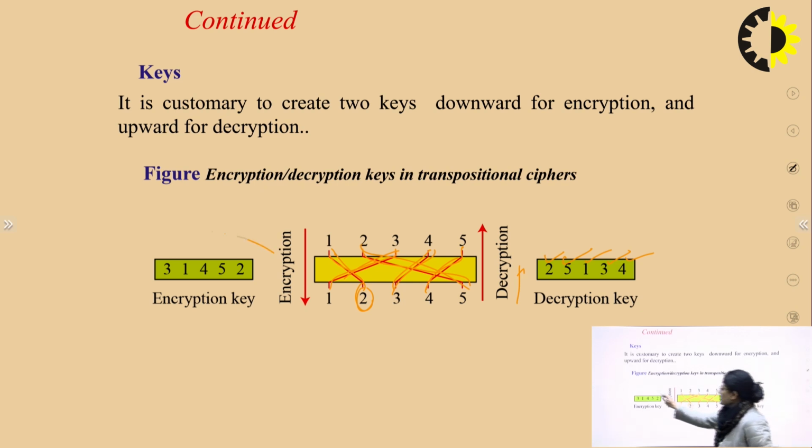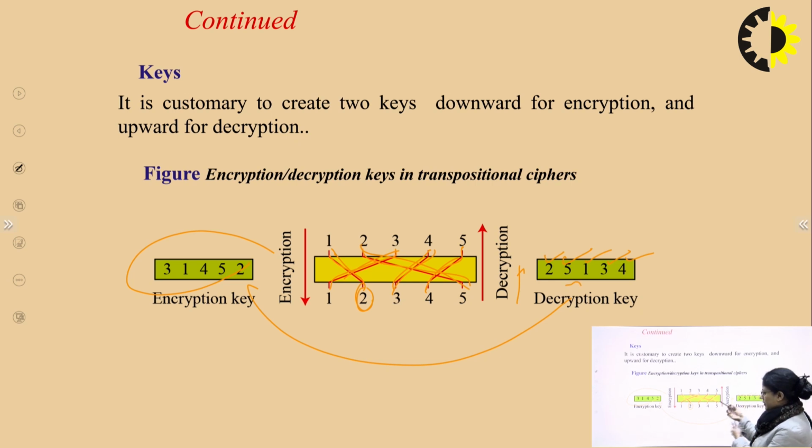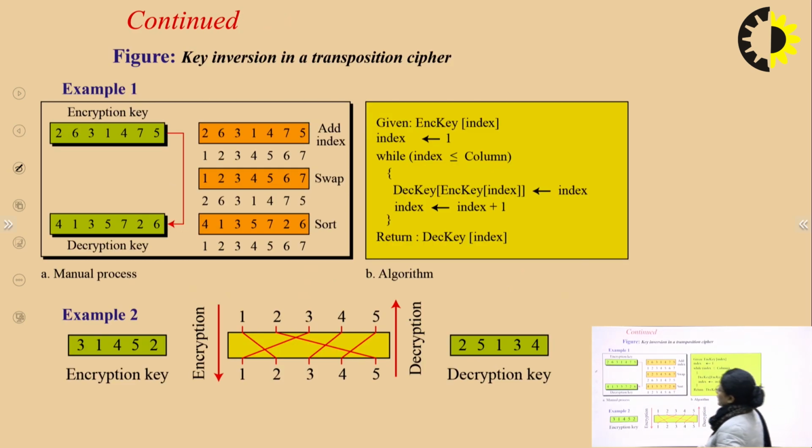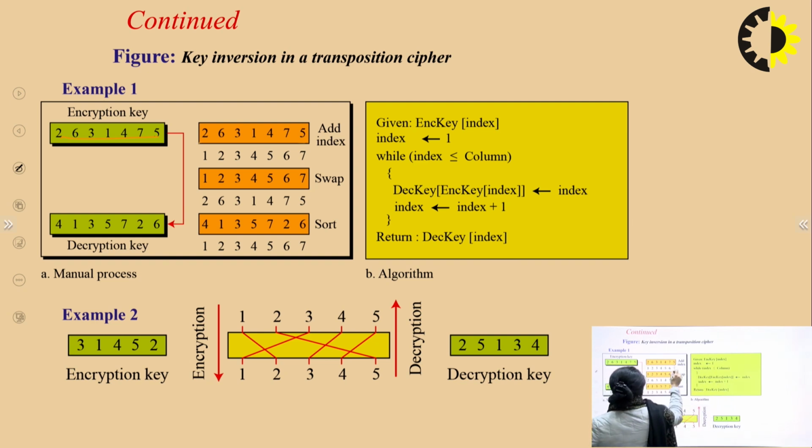Now from this encryption key, how do you get the decryption key? We can very well see it diagrammatically and decipher it, but when it comes to coding, how do you do that actually? Now if you take the example, this is how we do it. Let us say this is an encryption key for how many letters? For 7 letters. So the syntax is that we take the encryption key and give an